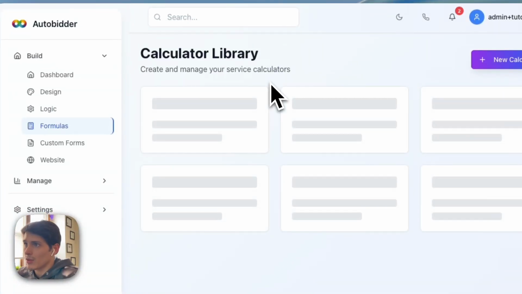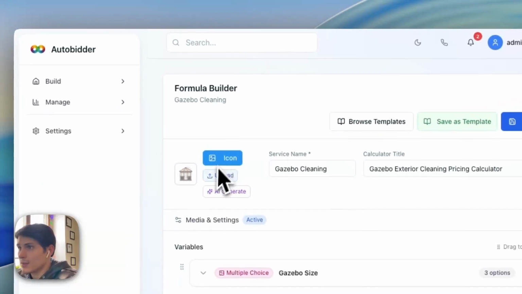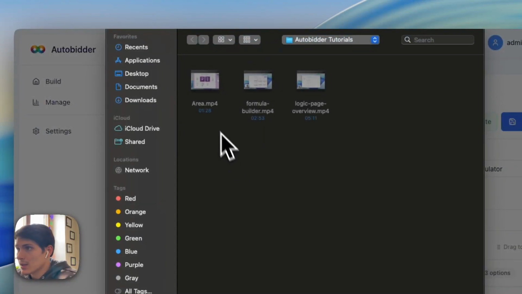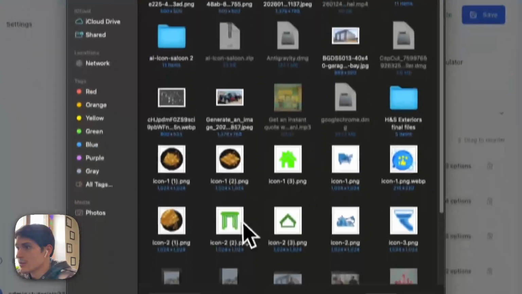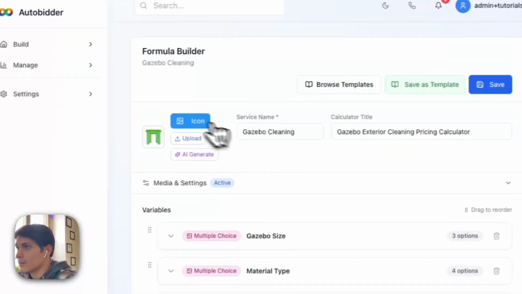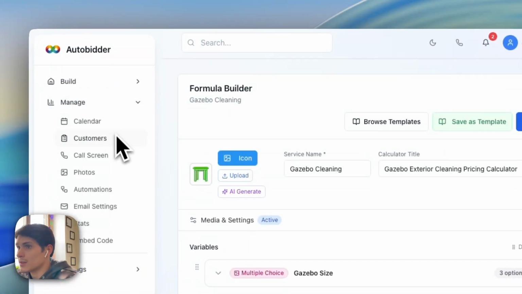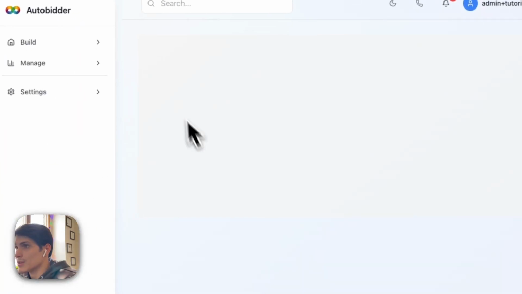Now, of course, you'd want to do this with all of your icons, but just for the sake of time here, let's go back into this one. You click upload. You go over to my downloads. We got the pergola. Actually, that was supposed to be a gazebo, but it'll be fine for this demo. Okay, head back to formulas, then we'll go house washing,